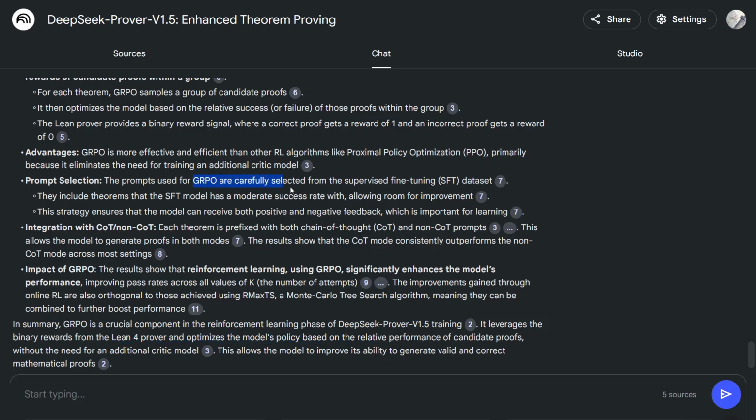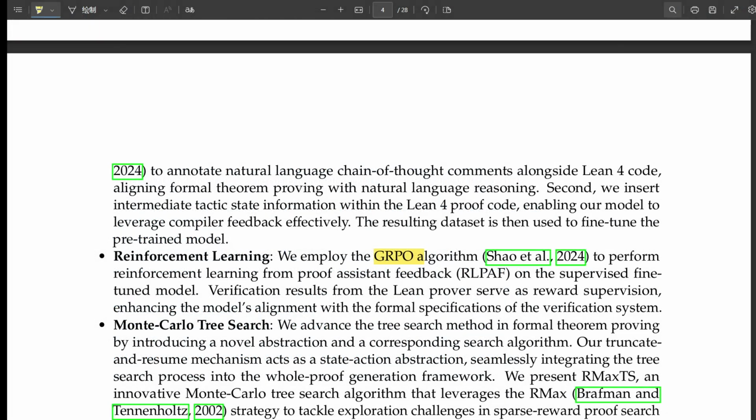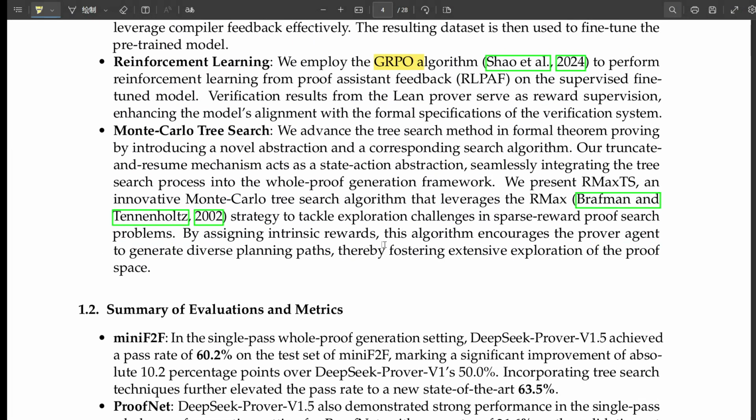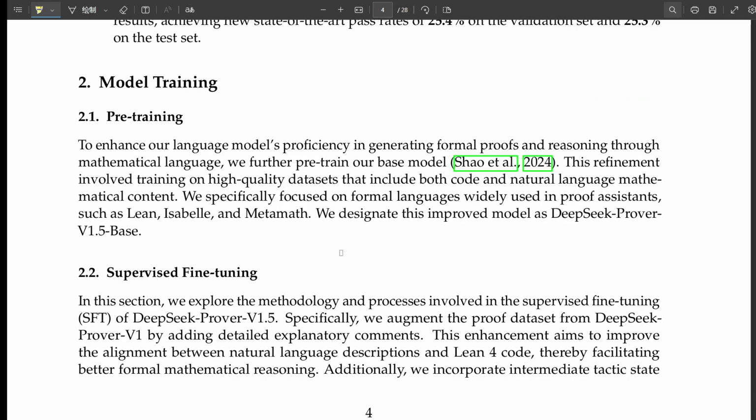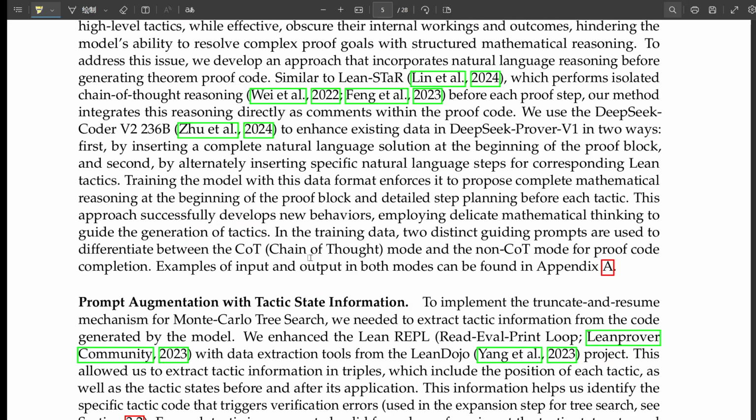It all comes down to a clever algorithm called RMaxTS. It's a variation of something called Monte-Carlo tree search, or MCTS. Ooh, chance and exploration. Sounds intriguing. Is this where the superpower comes in? Exactly. Imagine you're trying to find the best move in chess. MCTS involves simulating many possible games from the current position, exploring different branches to see where they lead. So the AI is playing out thousands of imaginary chess games. Yeah, you got it. The AI explores different sequences, evaluates the outcomes, and then uses that information to determine the